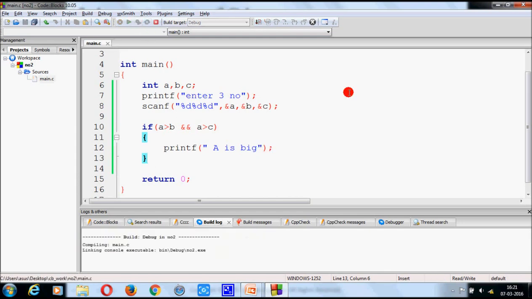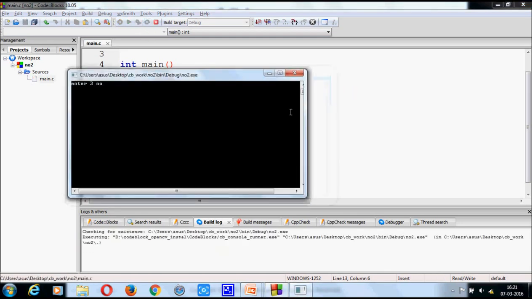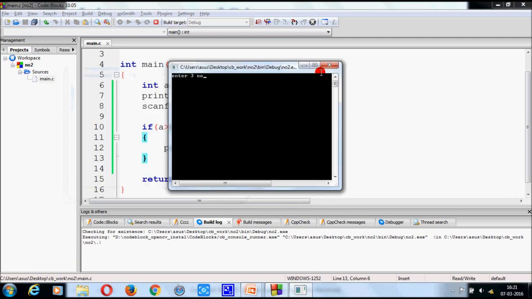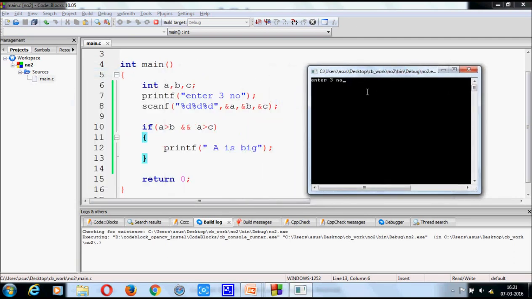Let's compile and run it. Put 5, 4, 3 and you will get A is big.